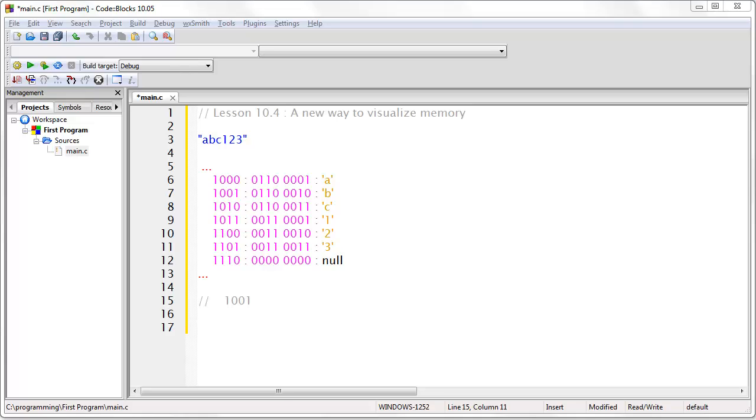So visualizing memory like this allows you to observe interesting details about the data. For example, you will notice that it is easy to see how many bytes a string of text represents. You can count out the number of characters and the null character and see exactly how many bytes are stored in memory. So for example,